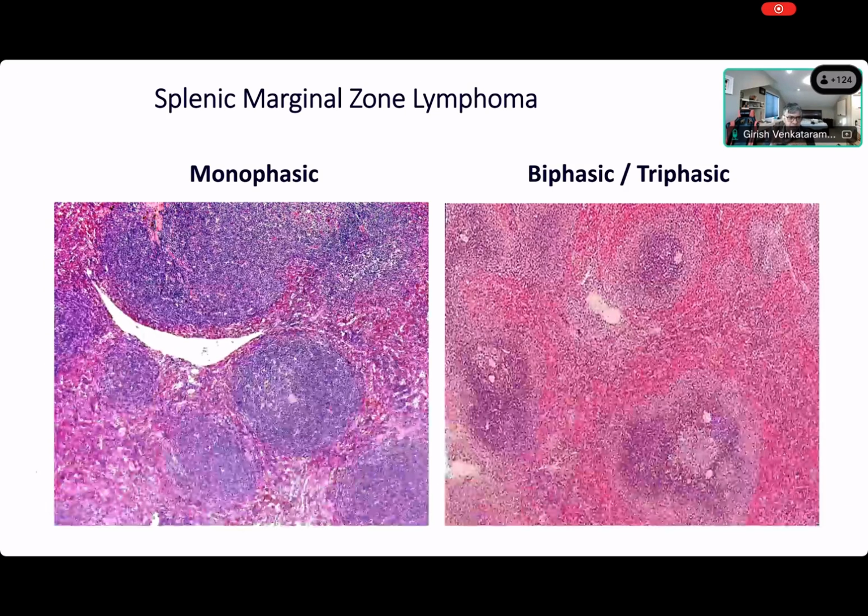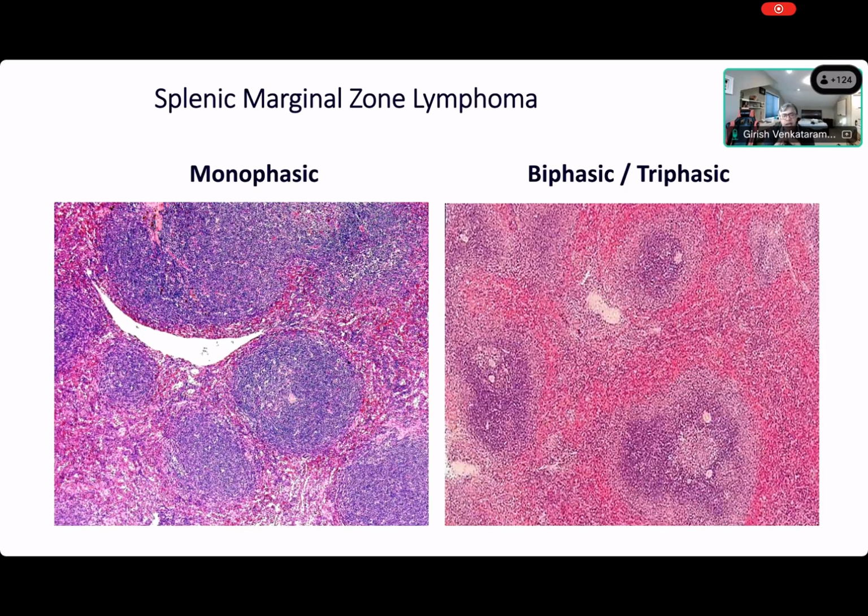Now, these are some classic textbook pictures of how the patterns look in splenic marginal zone lymphoma if they end up doing a splenectomy. Sometimes for severe thrombocytopenia occurring in the setting of splenic marginal zone lymphoma, they might end up doing a therapeutic splenectomy to get the platelet counts back, right? It's more therapeutic to prevent the sequestration. And it's partly therapeutic for the lymphoma too, if you get the spleen out, which they sometimes do, right?